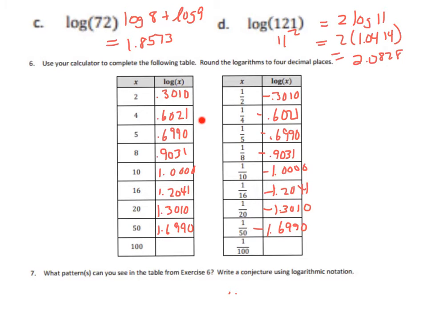So, I hope you had no problem punching these in the calculator. You get your table here. And of course, once we get down to 100, that's got 2 zeros, so that's 2.000. I want to see if you notice anything here going along this side. Look at this column, 0.3010 and a negative 0.3010, 0.6021 and a negative 0.6021. And what patterns do you come up with? What can you predict 1 over 100 will be? I hope you can predict it, negative 2.0000. So these are the reciprocals of this,